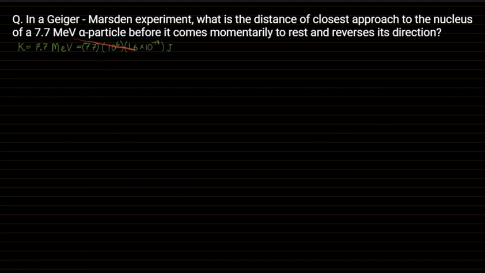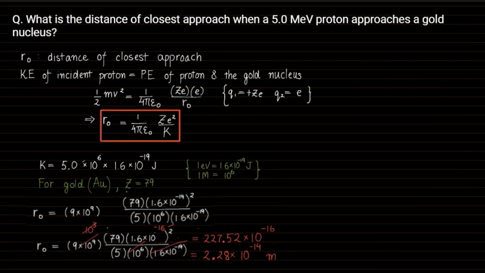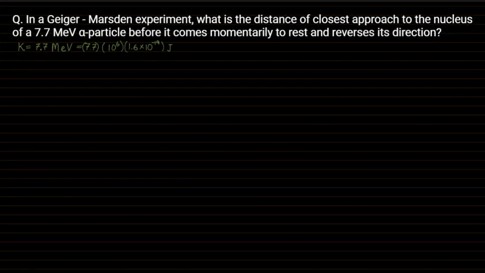Now again, they are using your Rutherford experiment. And if you remember your Rutherford experiment, what was the thin sheet? It was gold. So in this case, what will be the nucleus? It will be the nucleus of the gold atom. And you know, inside the nucleus of the gold atom, how many protons are there? Z equals 79. So in this case also, the Z number will be 79. Fine. The rest, everything is the same.